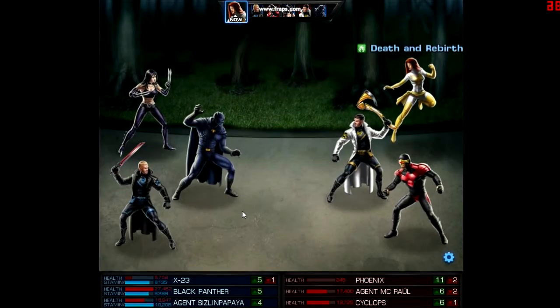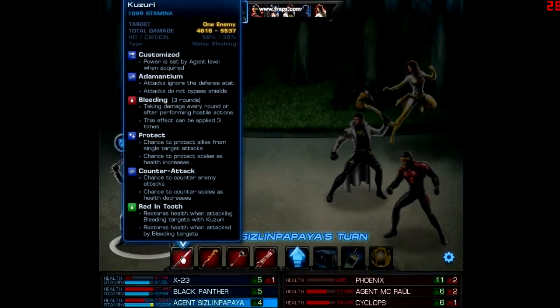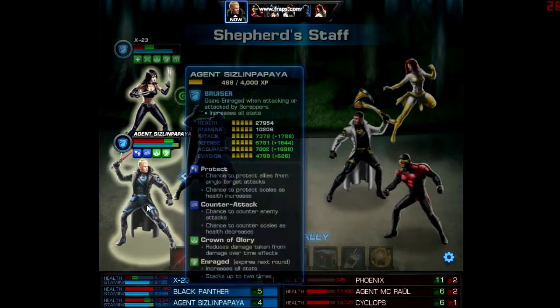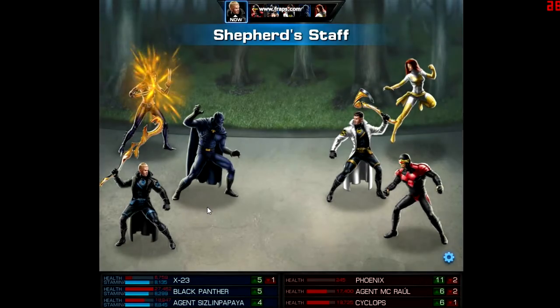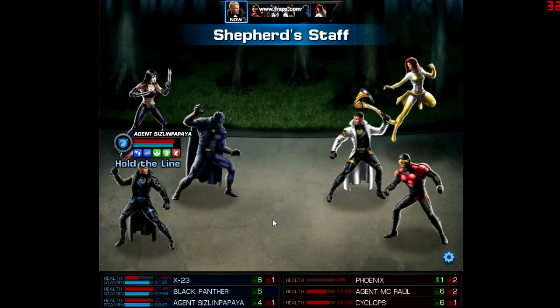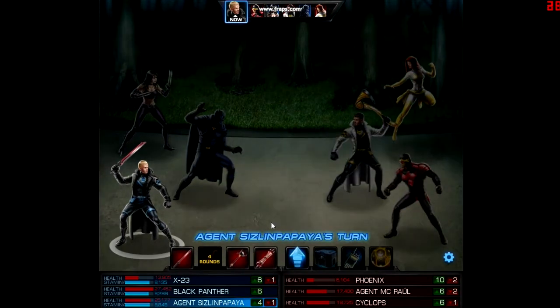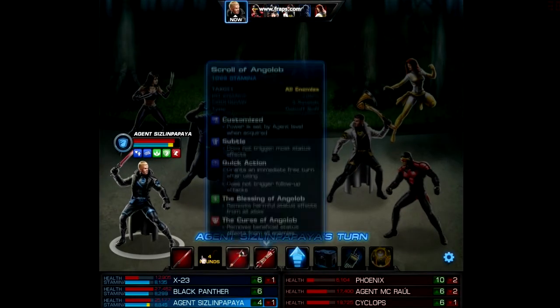That one attack. See what I mean by X-23 is just like blaster cannon fodder. I mean, that almost killed her right there. So, a little bit of health that I can give you. Here you go. Shepherd's Staff, that time a little bit for the health. Not much, though, because it doesn't do too much. Death and Rebirth, yes, I know. I'm not sure why that procced Elite, but...